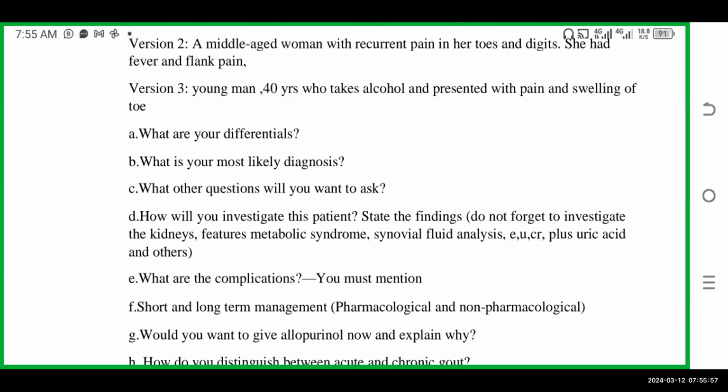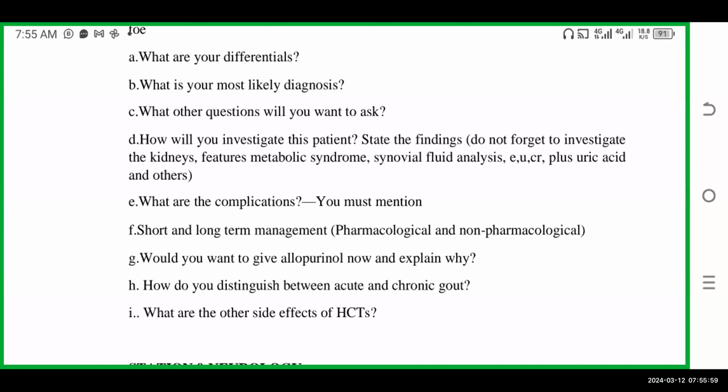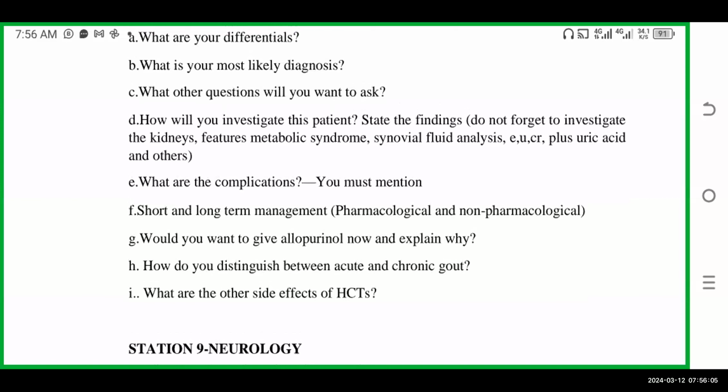How will you investigate the patient? That's question D. We would want to do, of course, serum uric acid, but also serum urea, electrolytes and creatinine. Renal impairment can give hyperuricemia, and hyperuricemia can give renal impairment. We might do inflammatory markers. Also a full metabolic workup for those with gout, including lipids, because gout or hyperuricemia can frequently coexist with other